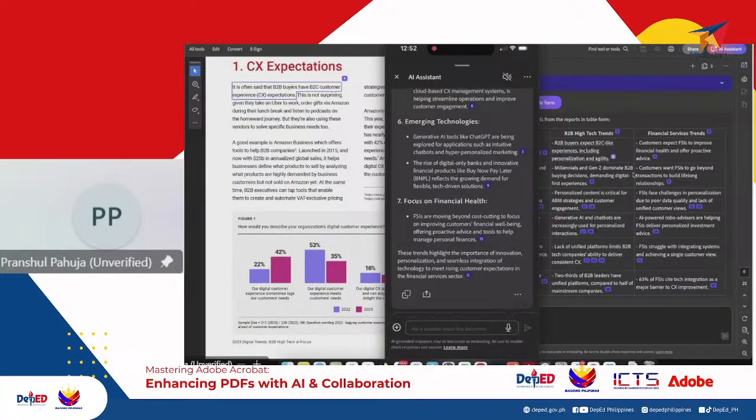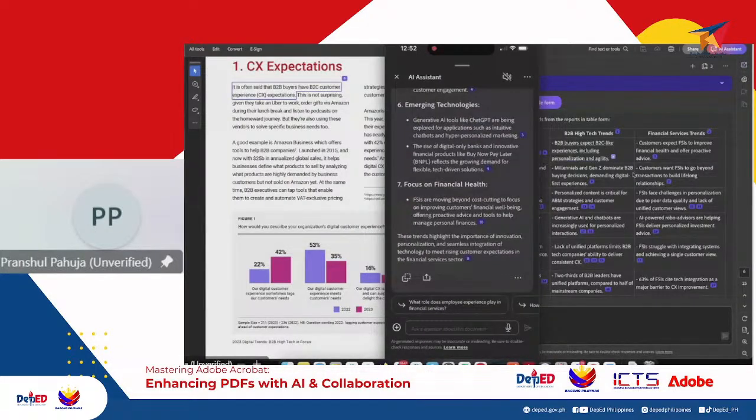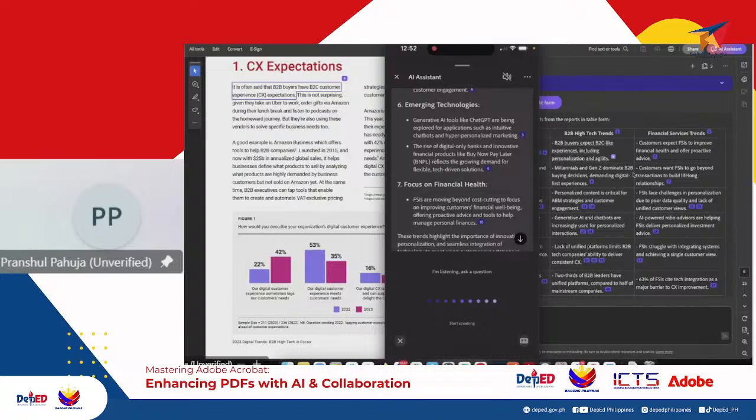In fact, what you can also do is copy the content directly. There's a copy button at the bottom. You can just click it. It will copy the text for you, which you can paste elsewhere. You can also use the mic and ask a question from it directly.